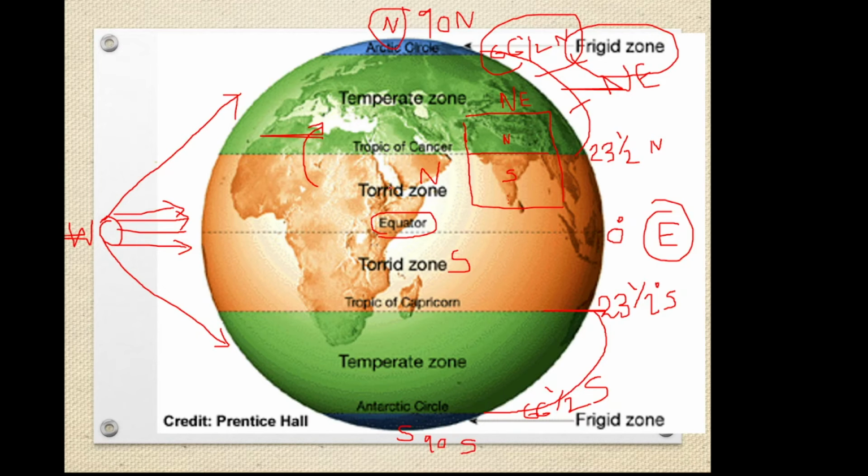So this is the way you have to study the location. Instead of by-hearting, you have to make the points from the diagram. Then geography learning will be very easy for you. So what we studied just now: the frigid zone lies between 66.5 degree north to 90 degree north, and 66.5 degree south to 90 degree south.